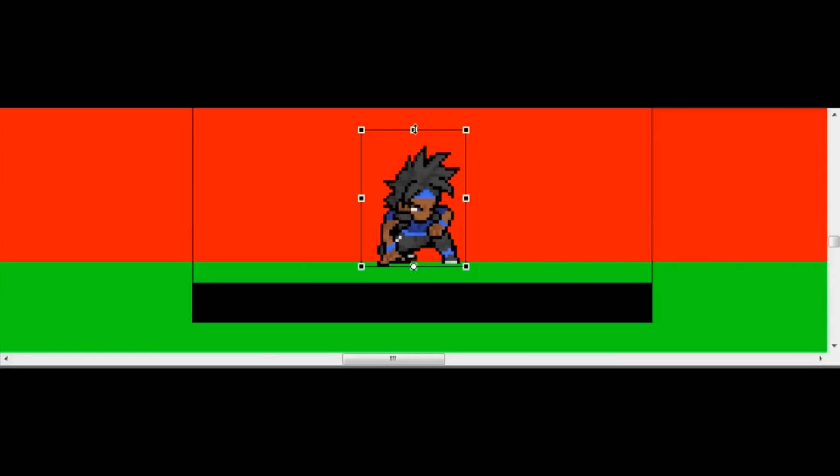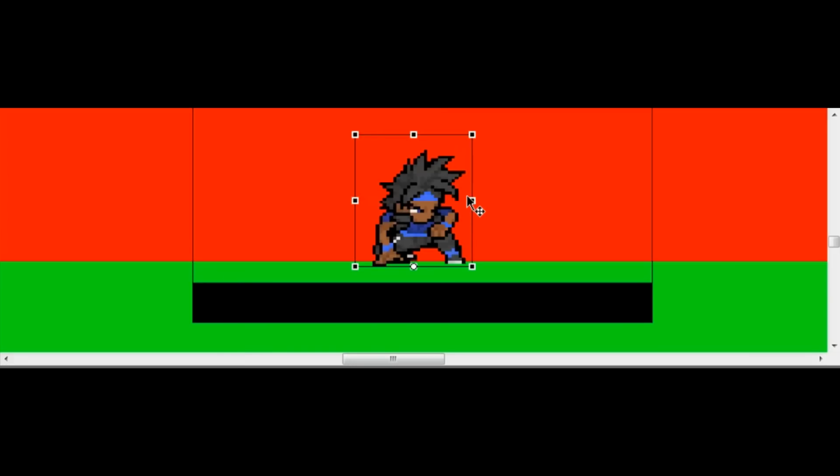There, I took this Colt, I scaled him down, and made him wide. There, I entered another keyframe, where I made Colt tiny again.